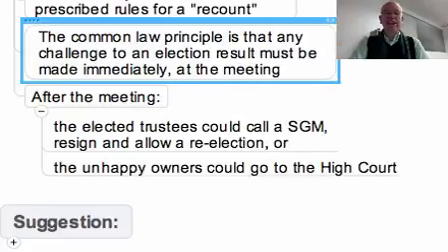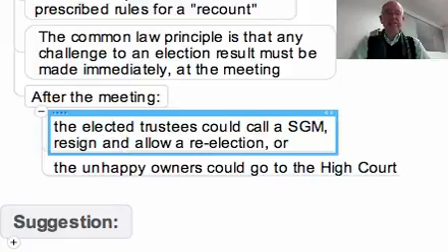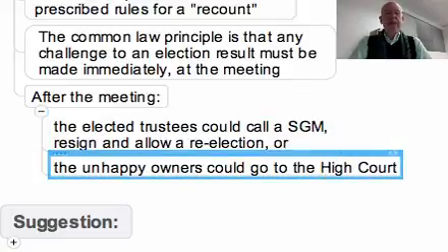Once the meeting is closed, dissolved, and after the meeting, the elected trustees could call a special general meeting, resign and allow a re-election, and if the evidence clearly is that they were wrongly elected, I would expect them to do so. But not everybody does what one expects them to do. The unhappy owners could go to the High Court, and of course if there are unhappy owners with half the PQs at their disposal in terms of voting power, they could